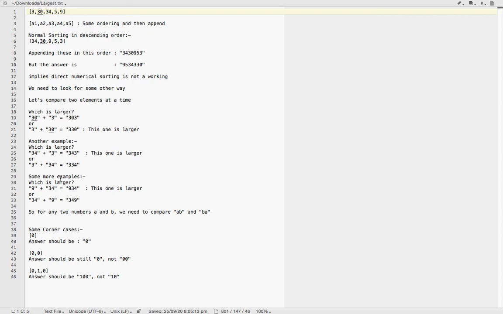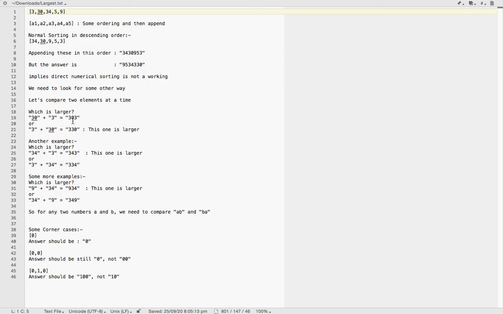Let's take one more example: 9 comma 34. In this case we get 934, and 34 plus 9 gives 349. In cases where the first digit itself is different, we can clearly see that putting the larger one first, according to the first digit, gives us the larger appended string.